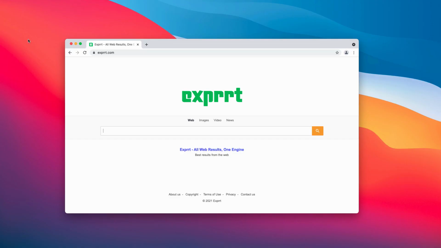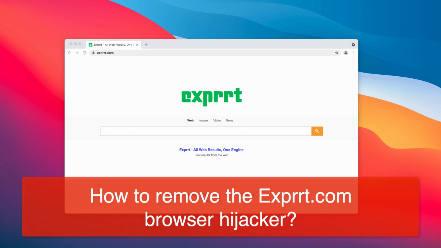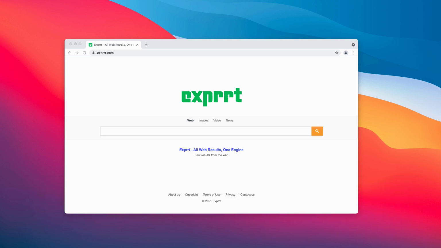This video is about getting rid of the browser hijacker that is called XPRRT. XPRRT is a browser extension or a potentially unwanted program that changes various browser settings like the homepage, new tab